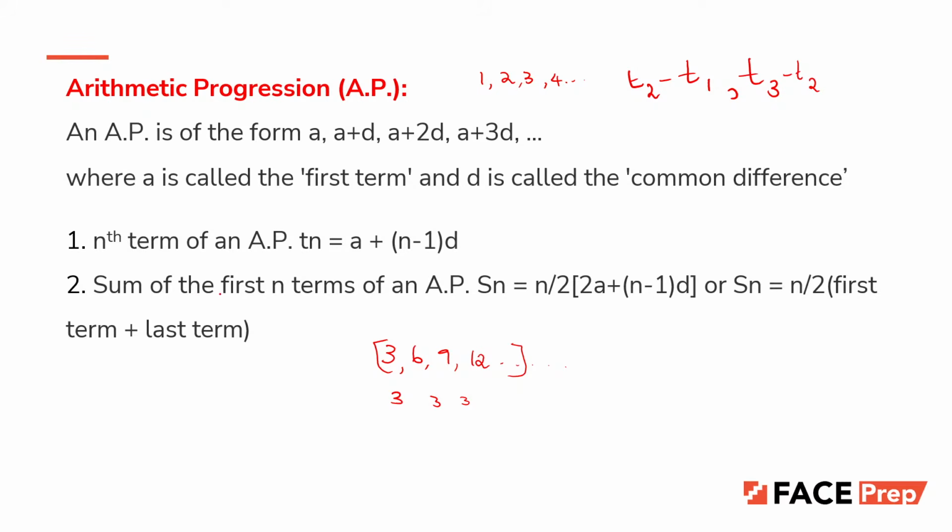Now, if they ask you to find the nth term of an arithmetic progression, you may use the formula a plus n minus 1 into d. So here, a is taken as what? The first term. Right? So here you take a as the first term. So what is the first term given here? 3. Right? So if I am applying that as 3 plus,